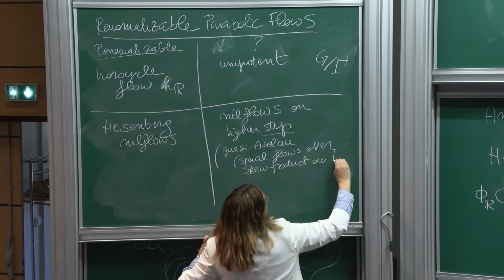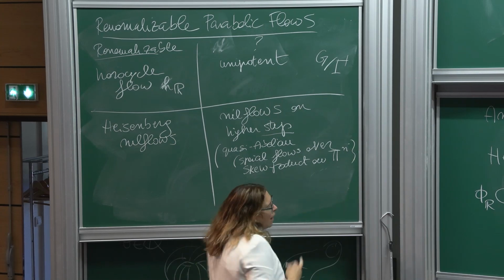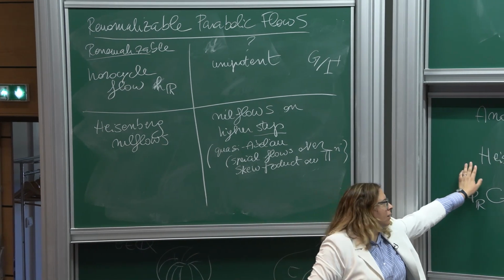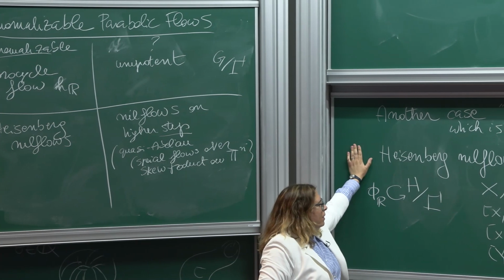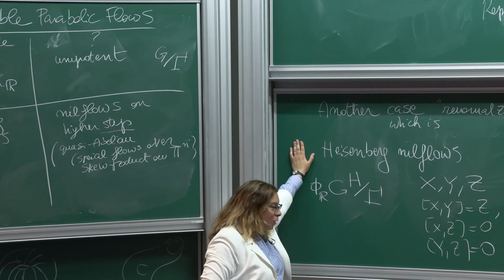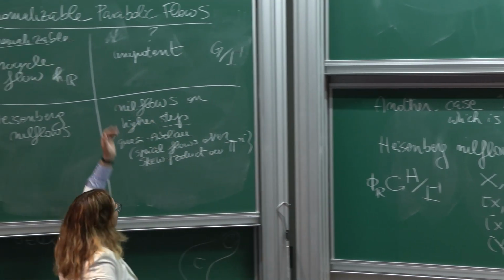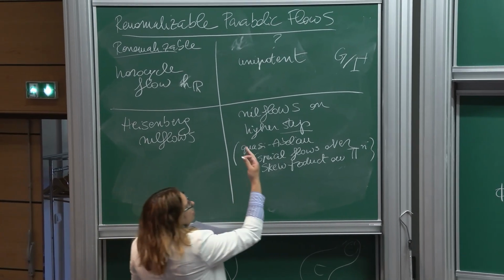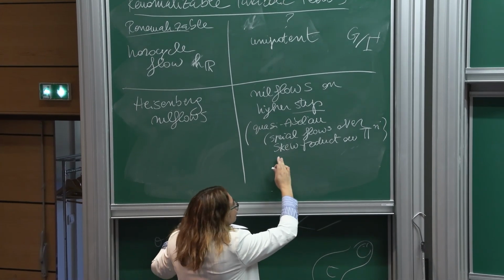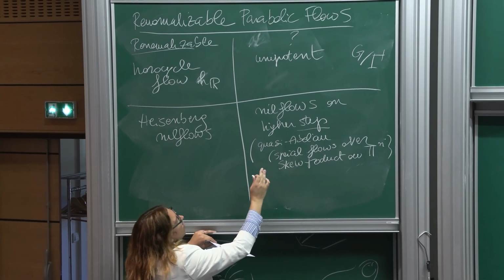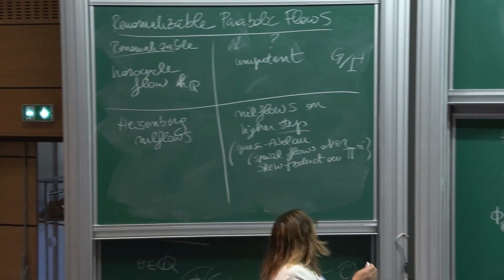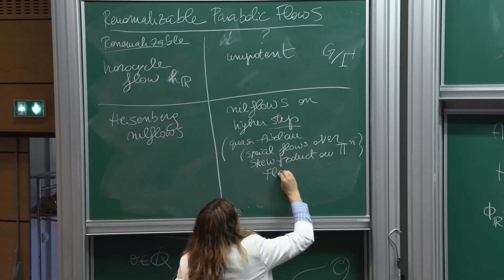So last week we saw that the Heisenberg flow is a special flow over a skew product on T2. And similarly, there is a family of Nil flows, which you can write as special flows over skew products. And those, again, Flaminio and Forni